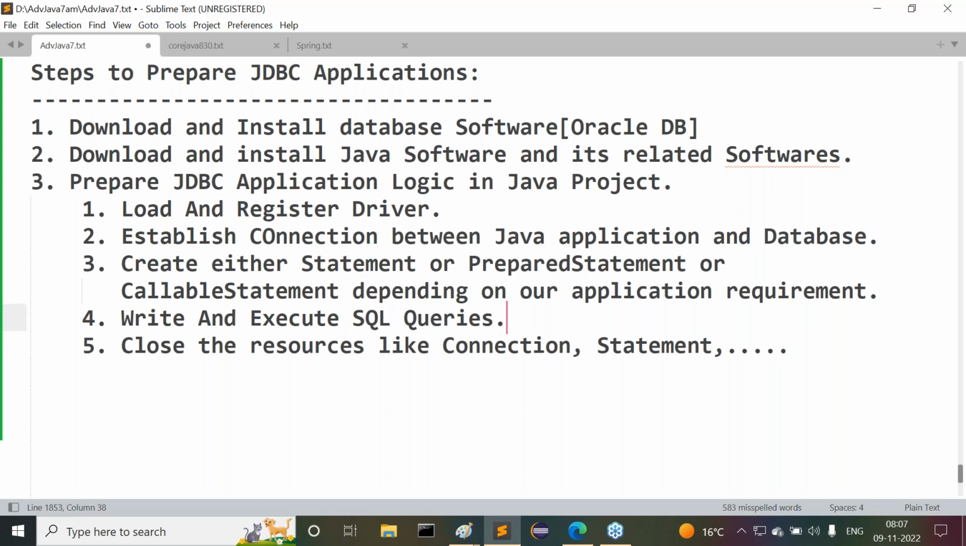Now let's observe carefully the points I'm telling you. If you want to prepare JDBC applications, what environment and steps are required? First one: download and install the database software, Oracle database I'm going to use. Next one is download and install Java software and its related software. Next one is prepare JDBC application logic in a Java project. Next one is